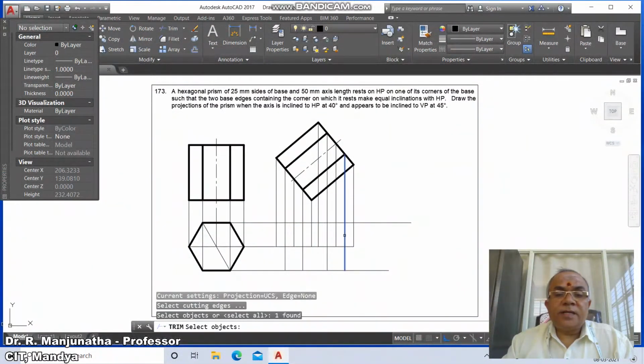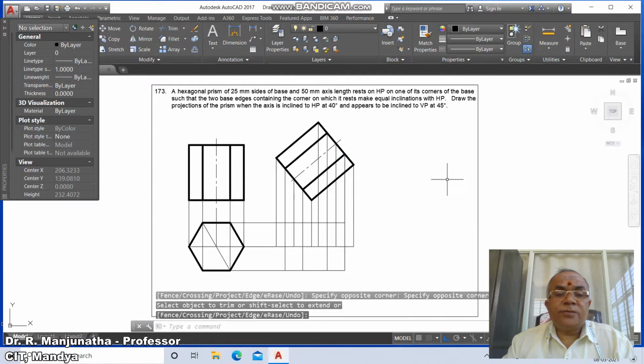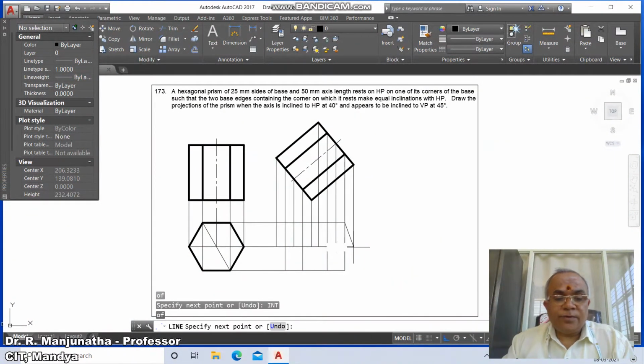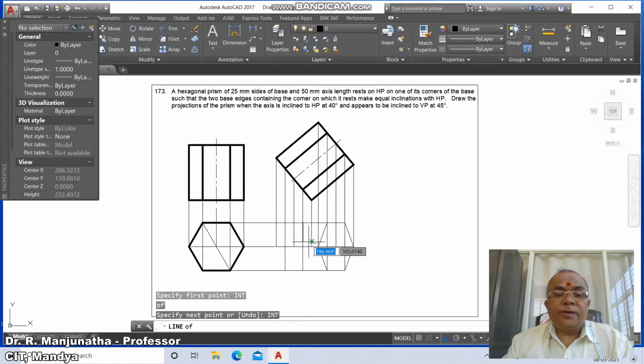Trim, select this as the cutting edge and objects to trim as these two. Then go to line, take int of this and take intersection point of this and take point of this, then go to line int of this, take int of this and take intersection point of this, then go to line int of this and take intersection point of this and take int of this, then go to line int of this, take int of this and